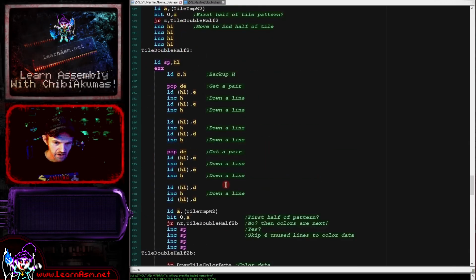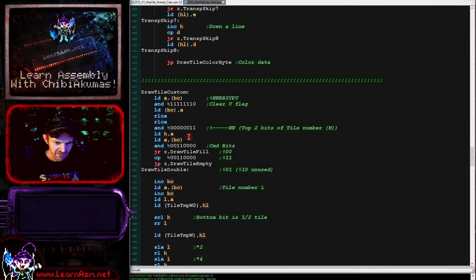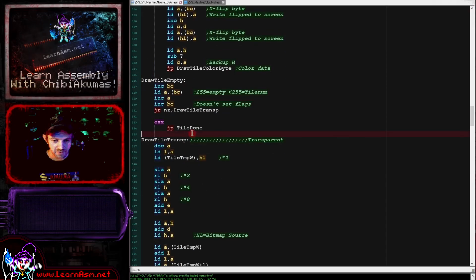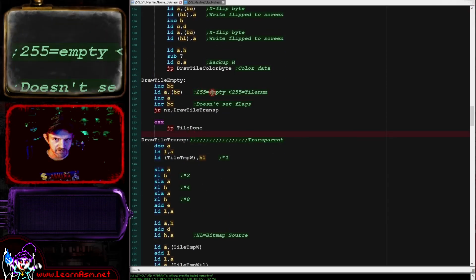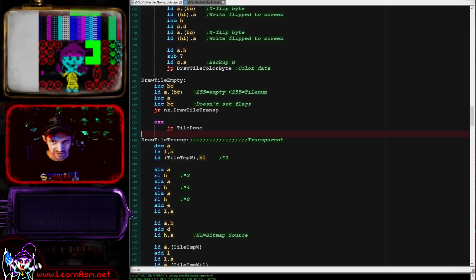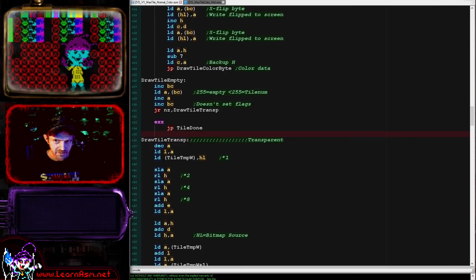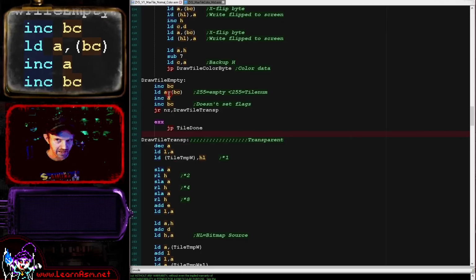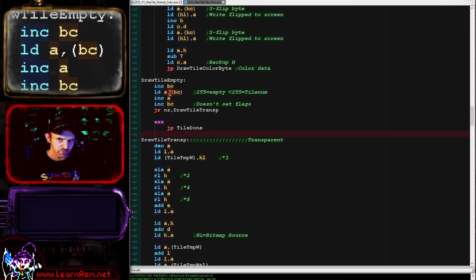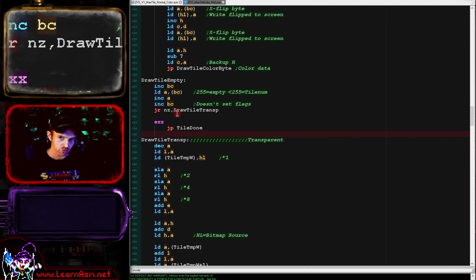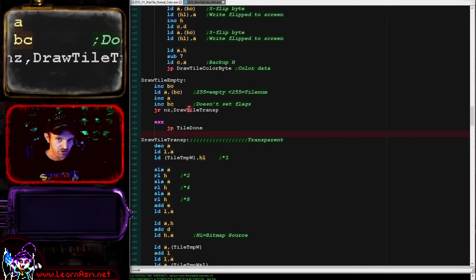So there we go. Then the final kind of tile is the transparent one, the so-called empty tile. As I said last time, in case you didn't see it, value 255 here is a completely empty tile. Our characters sometimes don't fill the entire tile, like that character there around the feet. It has no tiles being drawn, so those are completely empty tiles, and that is defined by a value of 255 in the tile map, and we're checking that by incing A. If we load in A and A contains 255 and we inc it, it becomes 0. That's a very fast way of checking for 255. Again, it's all about the shortest path possible to returning in the case of that completely empty